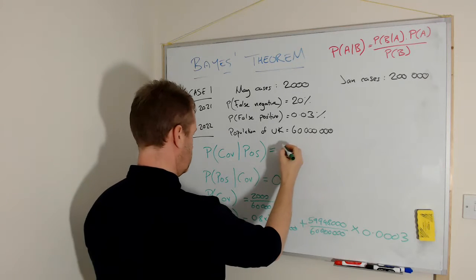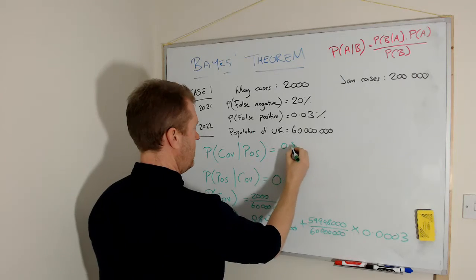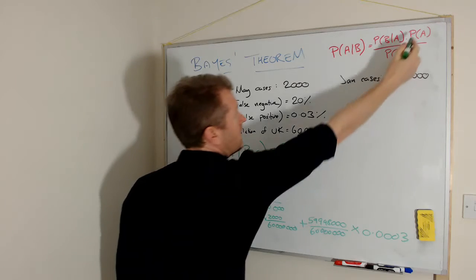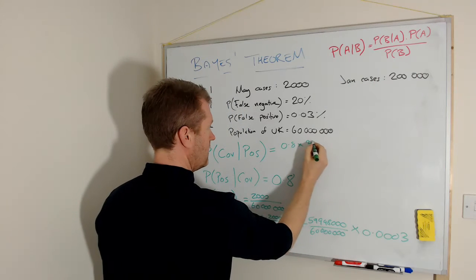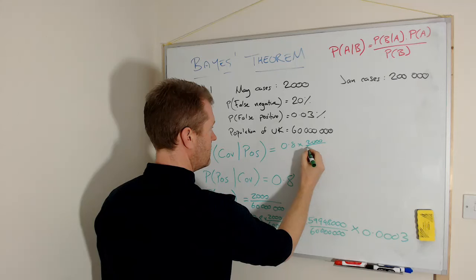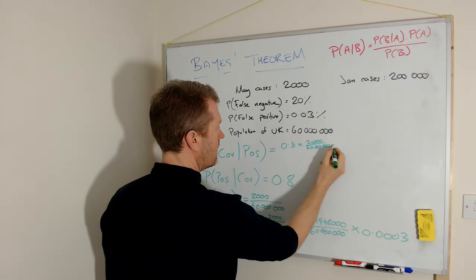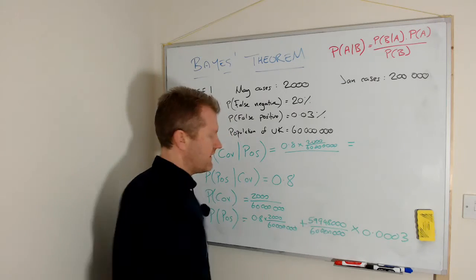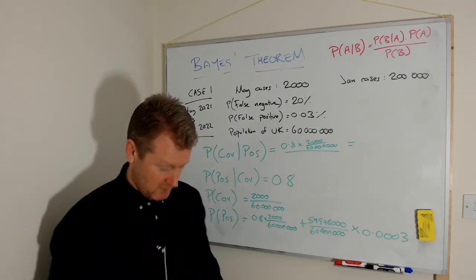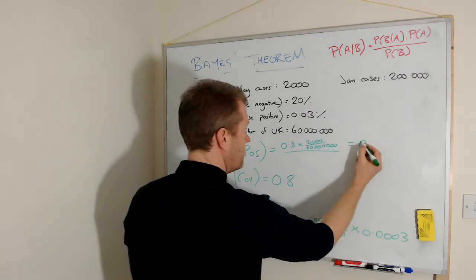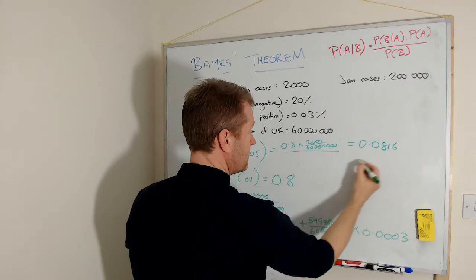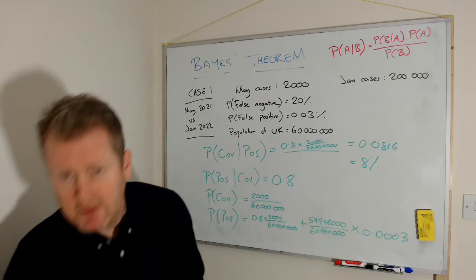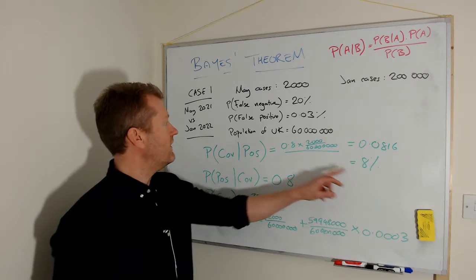0.8, which is that one, times this one, which is probability of A, 2,000 over 60 mil, divided by this thing here. I won't write it out again. This gives us a figure of 0.0816, which equals roughly 8%. Okay, so that might be quite a shocking result to you if you think you've got